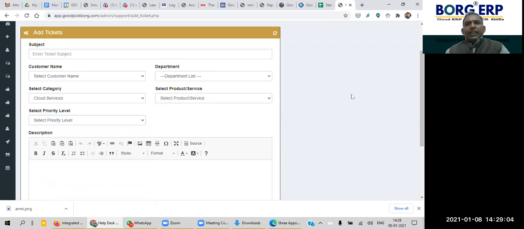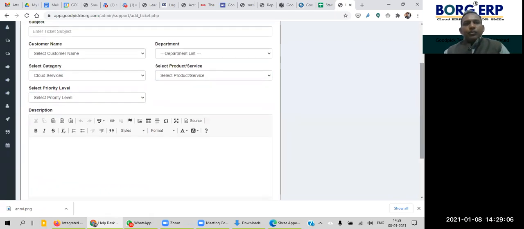The priority level depends on the definition of the priority level, which depends on the financial impact due to the issue that has been created. For example, I'm taking the example of an IT support team. Your company deals in IT support, so you are providing some servers, PCs, and laptops to your customer, and you have a service contract with them.